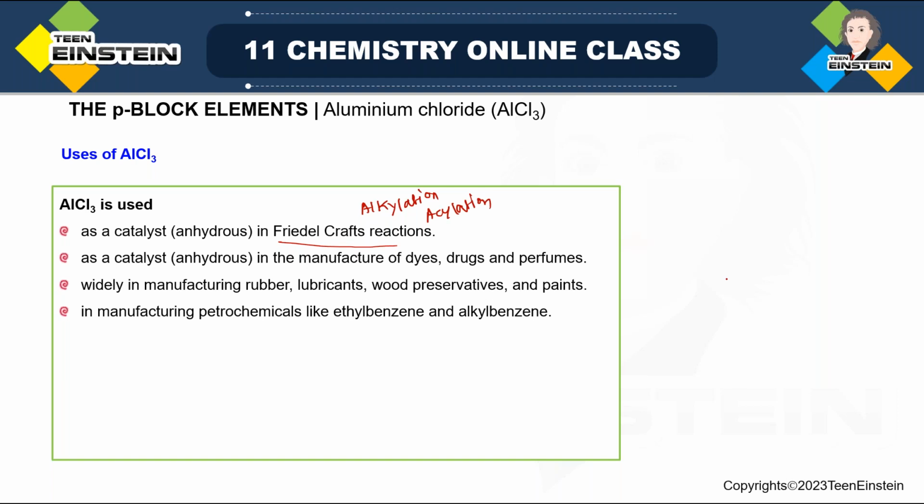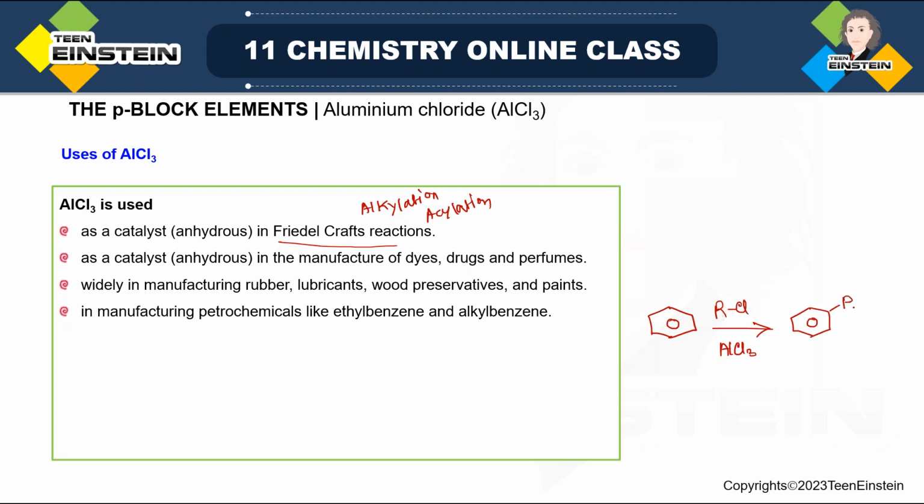So in Friedel-Crafts alkylation or acylation, what we do is take a benzene molecule or its derivative, and there is some RCl. Now this R is any alkyl group, suppose ethyl chloride or methyl chloride, and in the presence of AlCl3 catalyst, what we get is that one of the hydrogens of benzene